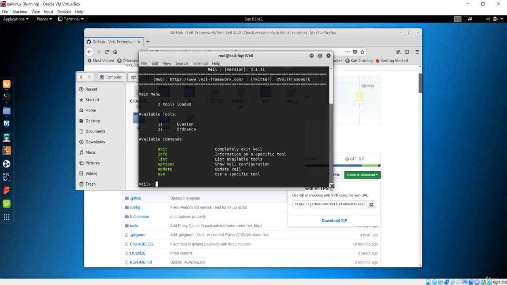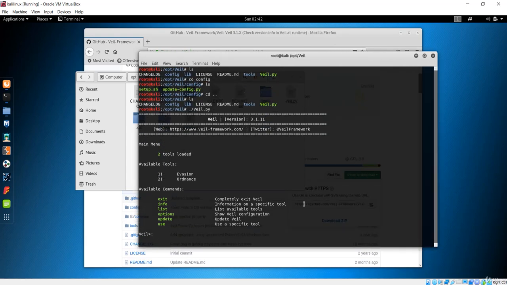So you could see this is our Veil framework, and now you have successfully installed the Veil framework. The simple step is basically going into this config folder and running that command, which is going to give us this installation for the setup, and just wait for some moment. It will download every package, and you can now run this Veil framework with this command, and you will get this terminal showing the version and everything over here.